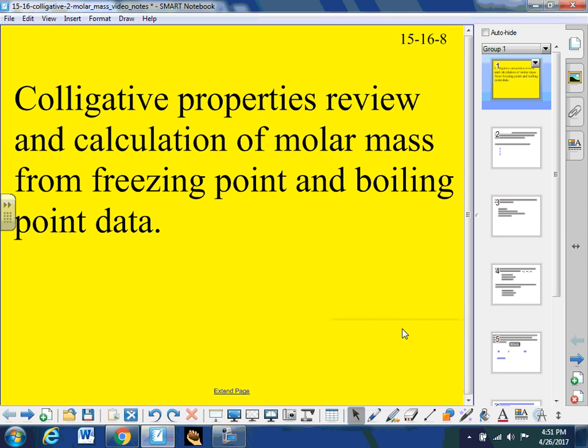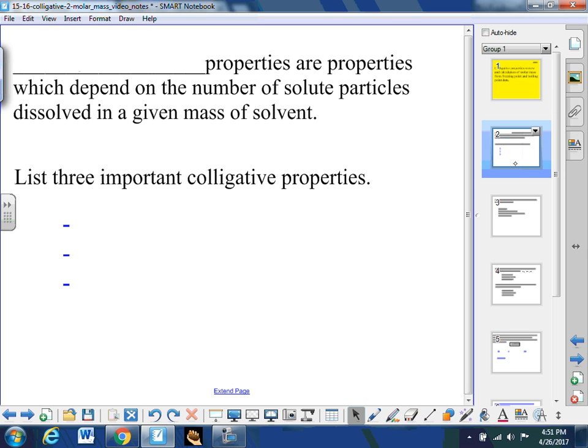This is going to be a review of colligative properties and the calculation of molar mass from freezing point and boiling point data. To remind you, colligative properties are properties that depend on the number of solute particles dissolved in a given mass of solvent. Again, these solute particles must be